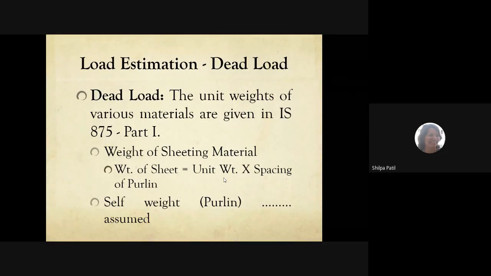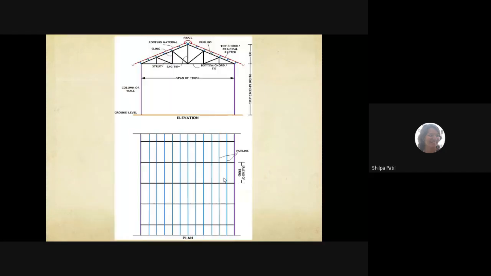Spacing, when you multiply, it is in meters, right? So kilonewton per meter cube into meter, you will get kilonewton per meter square. It means you're finding the weight of a sheet per meter square area. And that is what we want, right? Because I want to find out the weight of the sheet for this particular area. If I multiply by these two dimensions, it is giving me the area of this rectangle. In that case, I will get the weight of the material in terms of point load. Are you getting this? This is very, very important.